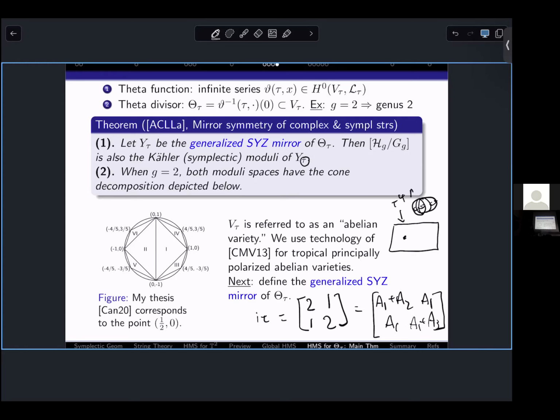And the areas of each of these is A1, A2, A3, of each of these P1s. There's also a description of the genus 2 curve